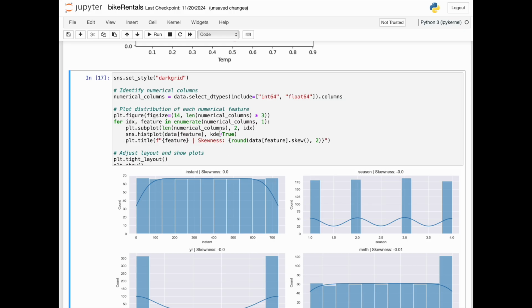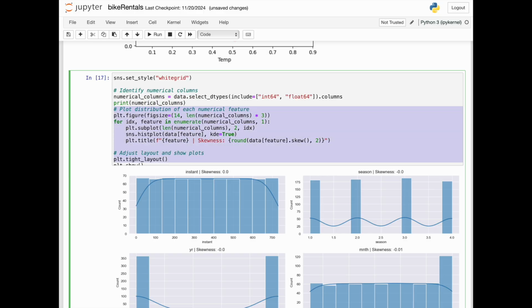So what we do here is we start to use Seaborn, and Seaborn has been imported as sns. We set the style as a dark grid. Let's change that to a white grid so that you can see and appreciate the difference. Because the dataset has numerical as well as object and other types of columns, we want to use the select_dtypes function from the data frame, which is stored in data, and this is a function in pandas. We include only int64 and float64 columns, thereby storing these columns into numerical_columns. We can confirm that by printing numerical columns here,